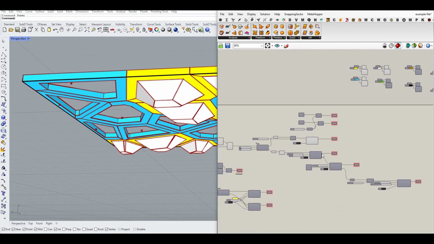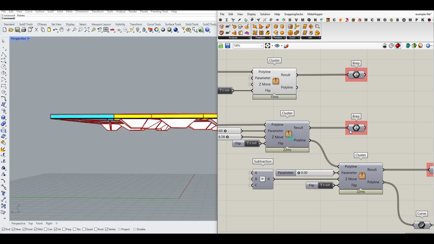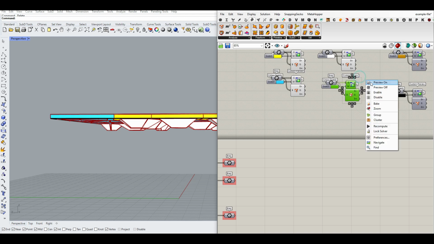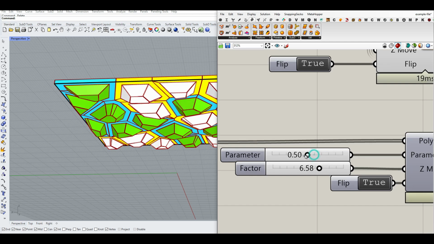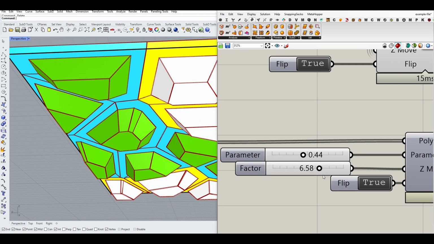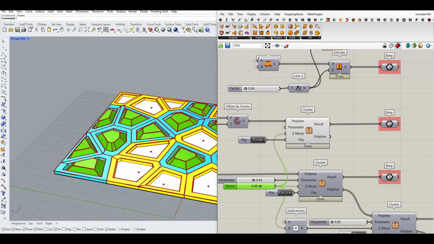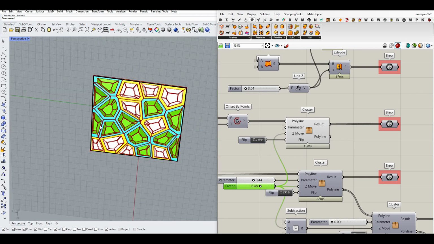The most important part is the column. So again, we have this tapering thing. If you want to see the preview, you just select that and turn this on. Okay. And this is the parameter you can control. You can see that's going to also affect the cells that don't have any column. But anyway, the height is also same. So we've used the same number sliders for the parameter and the Z move. And obviously flipping this is going to go and bring it upwards. Not really what we want, but use this flip if you want to change it in the Z or minus